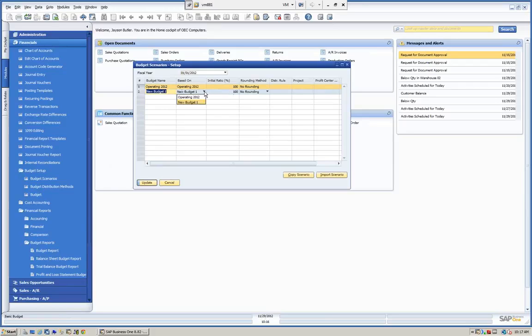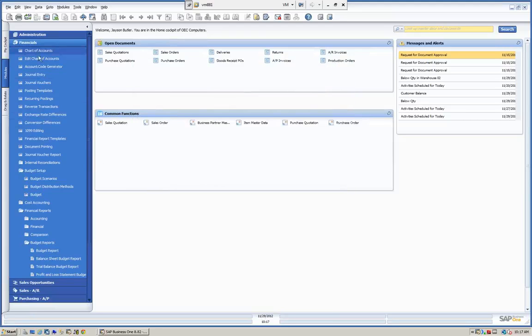Let's make this based on the 2012. Update that. Let's put this at 90%. So let's go back into the reports,